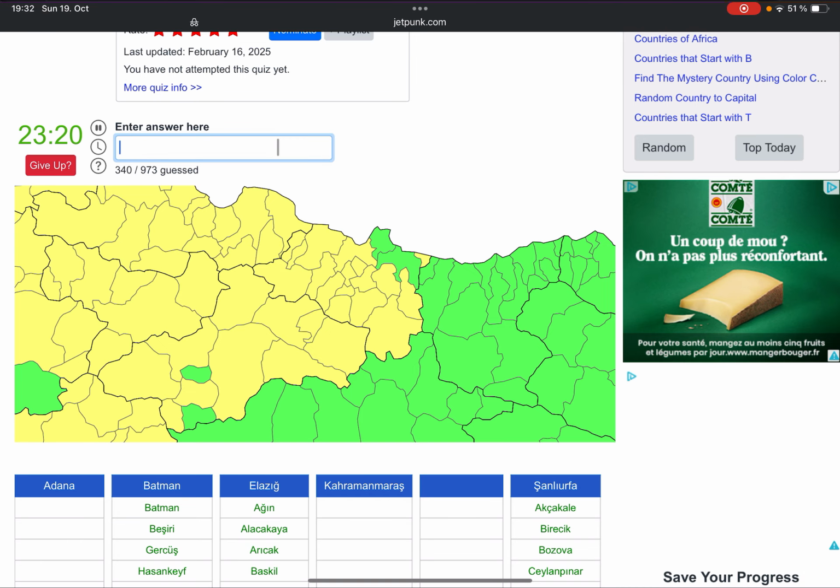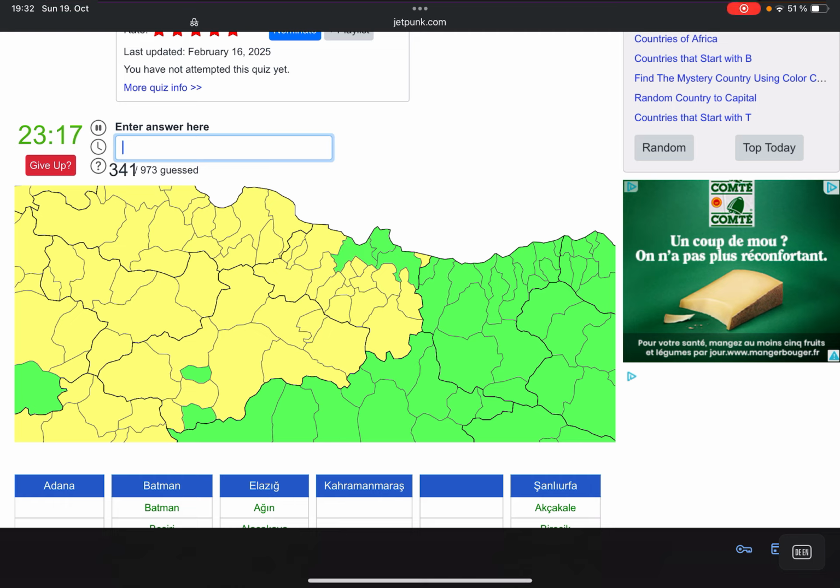Yeah, so long story short, let's continue with Fatsa, with Gülyalı, Kavadüz, we have Mesudiye, Gürgentepe, Ulubey, Gölköy, Aybastı, Kabataş, Çamaş, Çatalpınar,